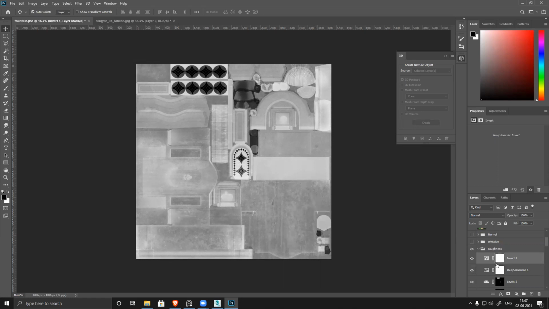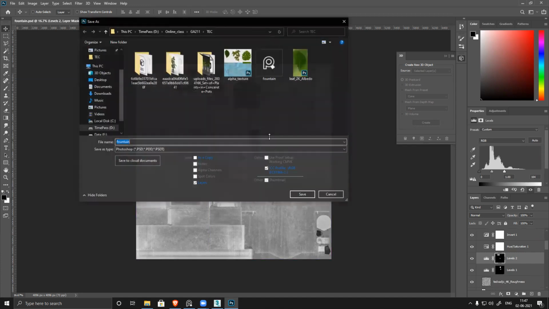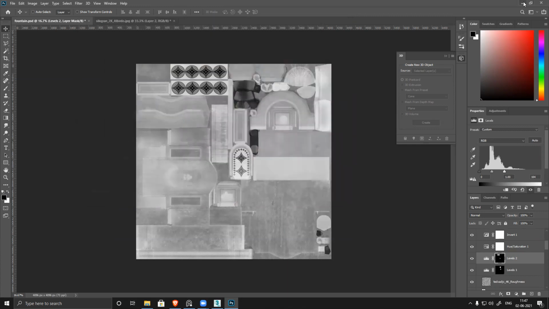I just inverted it. I didn't do anything, nothing fancy. And for proper roughness, you have to be very cautious about the values, the amount of the color, that gray value. It's very sensitive. Slightly darker gray, it will become shiny. Slightly lighter, it will become matte. It's very sensitive. So you have to start with a basic flat grayish color and then gradually add. So flat this thing, and then let's start with this. If I save it as roughness underscore R, R stands for roughness.